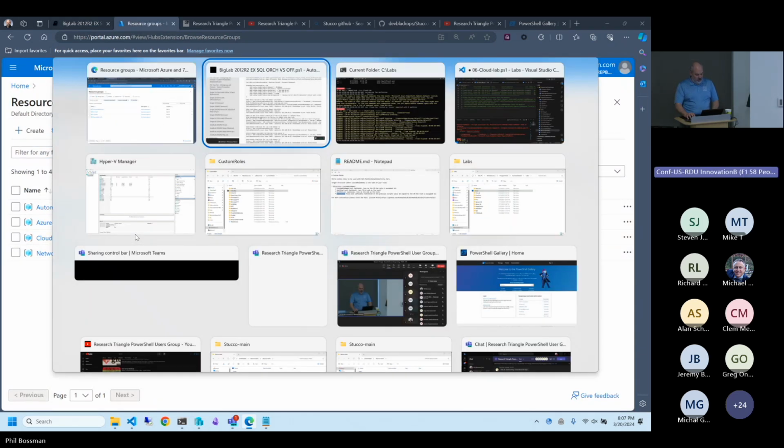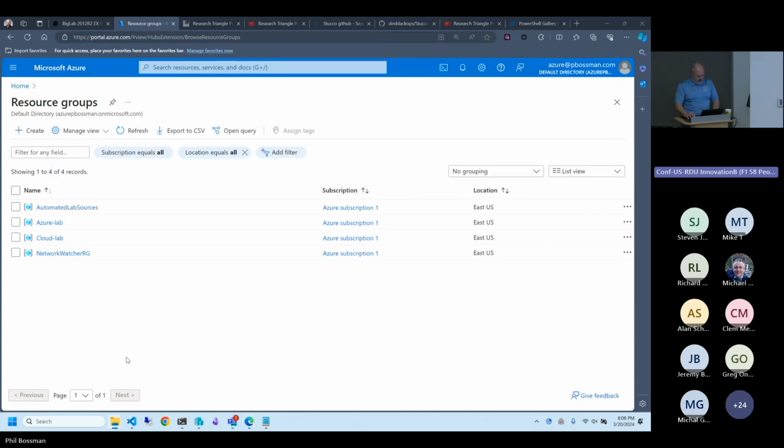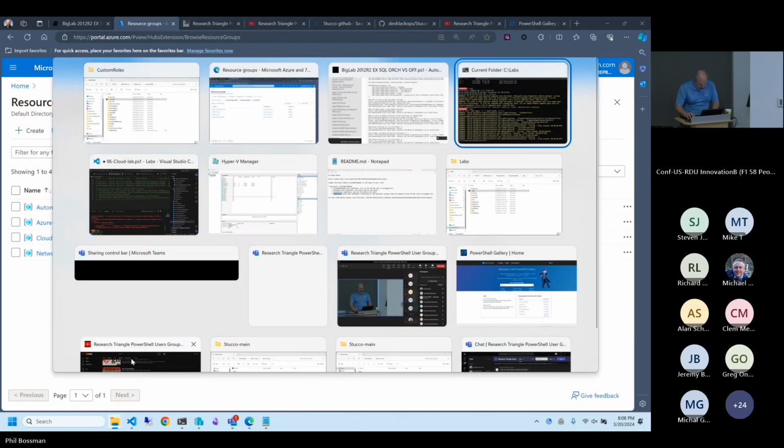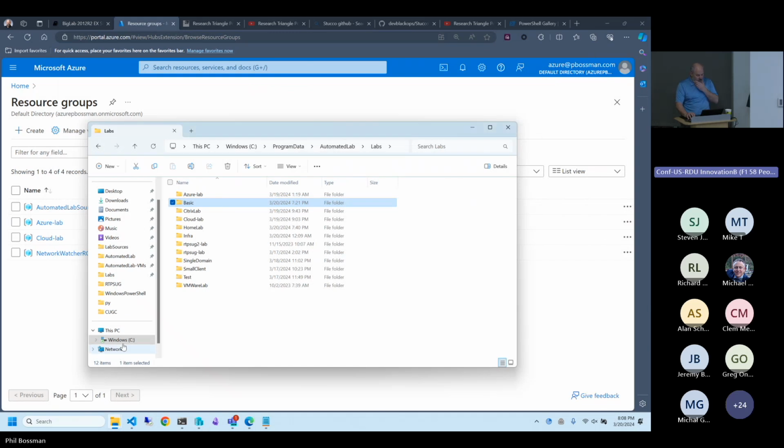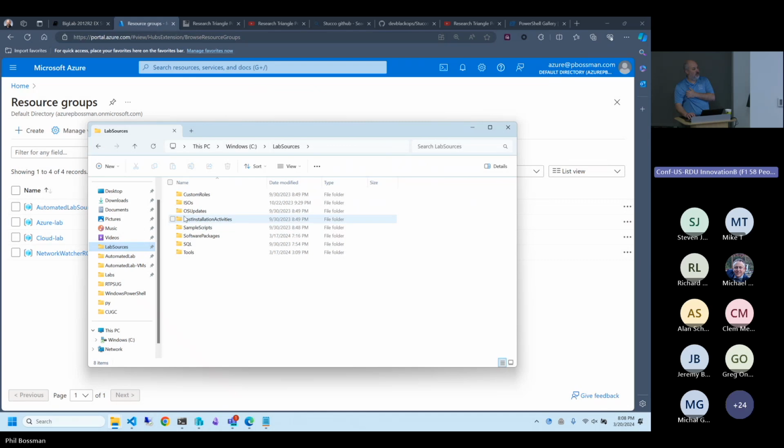This is the point I want to make as far as Azure and everything else is concerned. Where's my lab? We kind of talked before about lab sources and ISOs and all that kind of stuff, right? When AutomatedLab needs to do work, where are the scripts? Where's the work that it's going to do? Where is it getting its installs from? Where is it getting its ISOs from? Well, it gets it from lab sources, right? And then we did talk a little bit before about